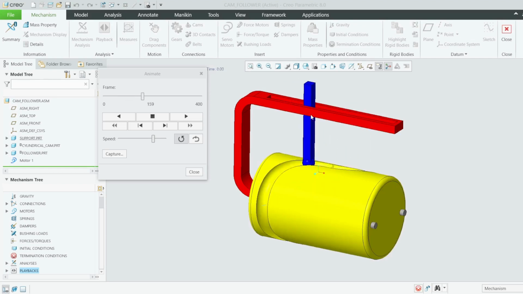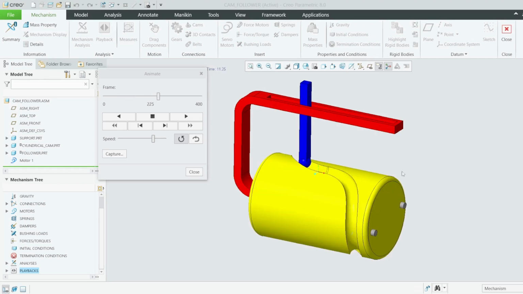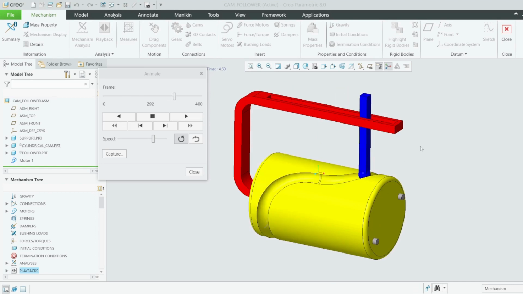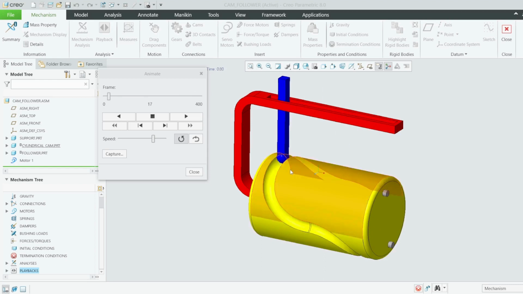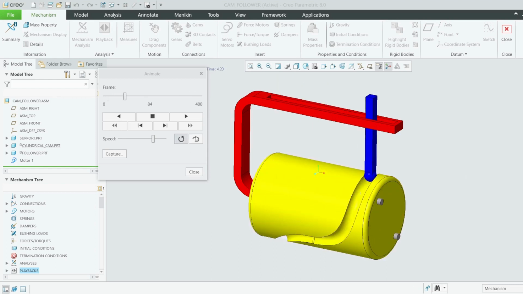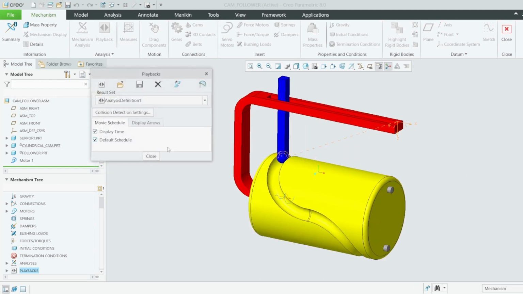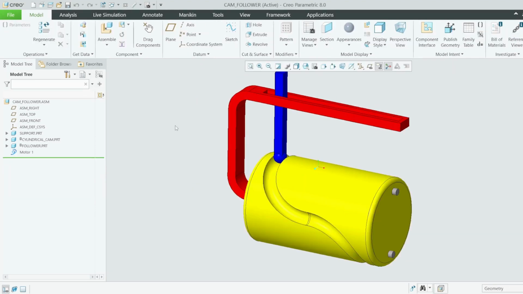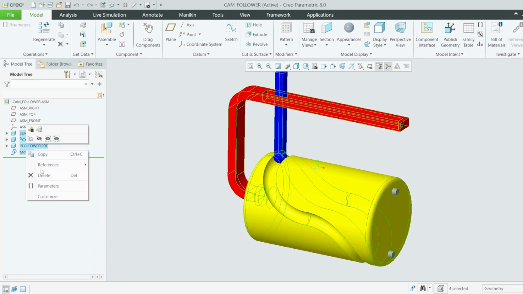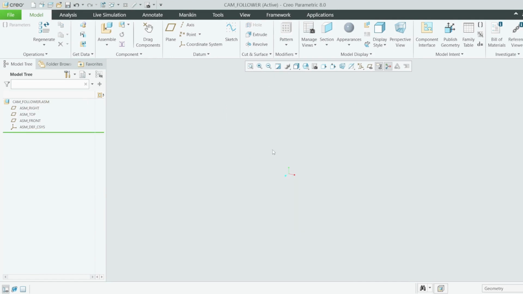Today, I want us to create this cam follower assembly mechanism in Creo Parametric, and we're going to see how we can create this simulation in Creo Parametric. Therefore, let me just close this. I'm just going to delete all these parts so that I can demonstrate how you can create an assembly, but